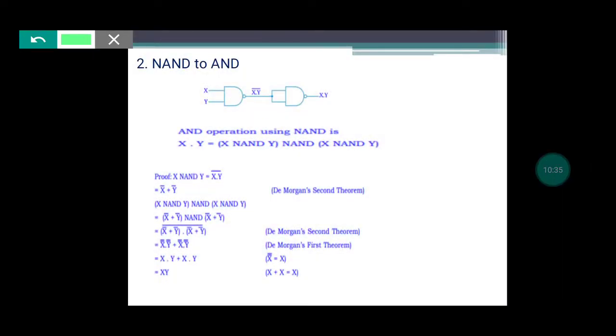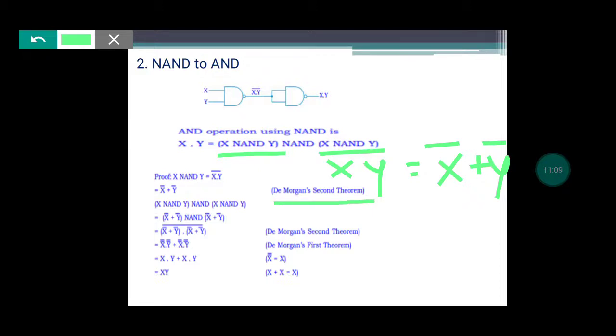Okay, now see, first we will have a derivation for this term x NAND y. So how can I write this x NAND y? I can write it like this: xy, total bar, is nothing but it is representing x NAND y. So I can rewrite this x NAND y as x bar plus y bar. In the last derivation only, we saw that we are using De Morgan's theorem. So right now you remember this.